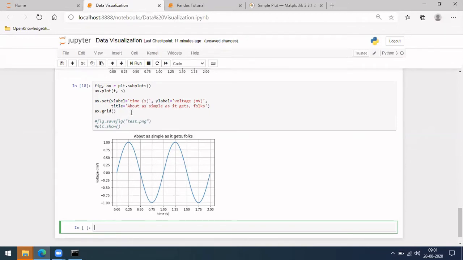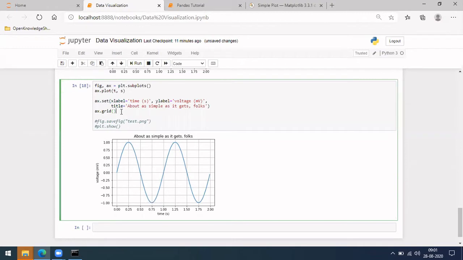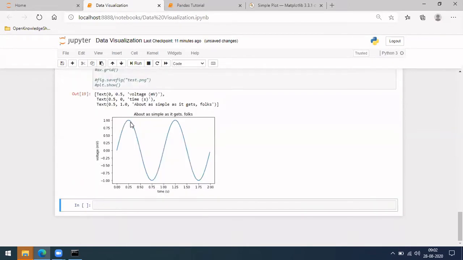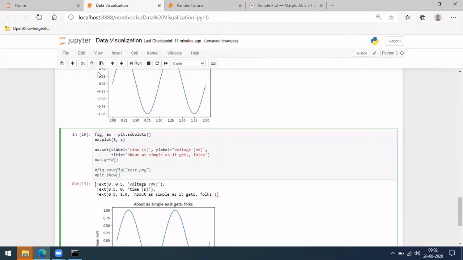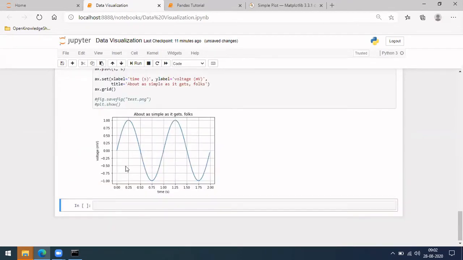Along with that, you got the grids, these lines, which you get when you use ax dot grid. If you remove this and try, you get the plot but not those grids. If you want those grids, you can put ax dot grid and you will get them.